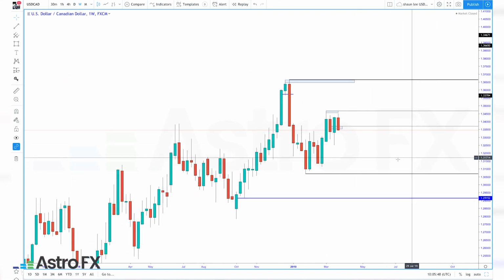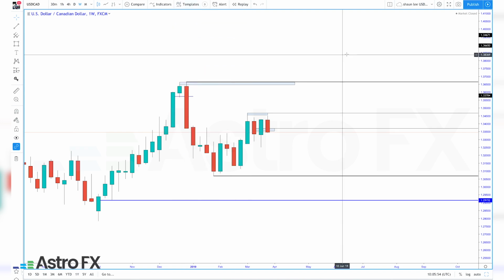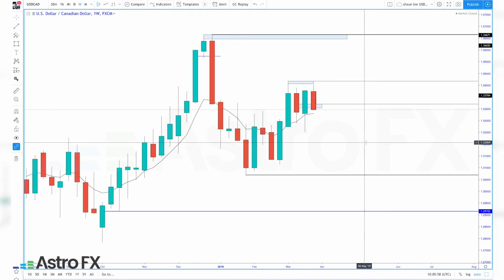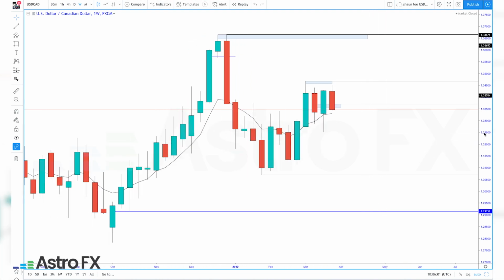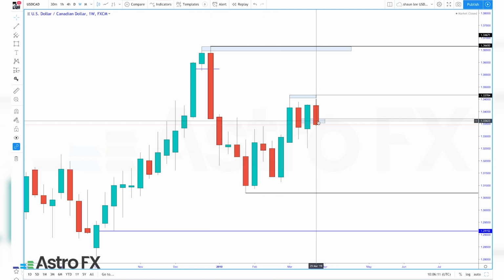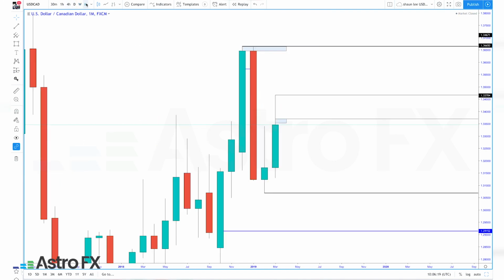Again, if you have the moving average on here, the price is still sat above the MA. Maybe I can just throw that on. As you can see, price is above the moving average. This is why I was quite disappointed in the price movement, that we didn't get what I was looking for. What we can see here though is that we made a high at 3,500, I believe. Monthly, the new monthly candle opens on Monday, so we can still continue, fulfill this wick here and then maybe